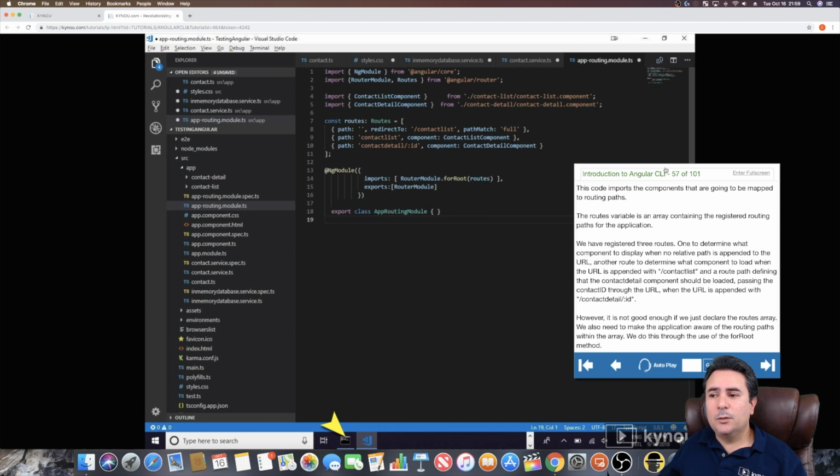This code imports the components that are going to be mapped to routing paths. The routes variable is an array containing the registered routing paths for the application. We have registered 3 routes. One to determine what component to display when no relative path is appended to the URL. Another route to determine what component to load when the URL is appended with /contact_list. And a route path defining that the contact detail component should be loaded, passing the contact ID through the URL when the URL is appended with